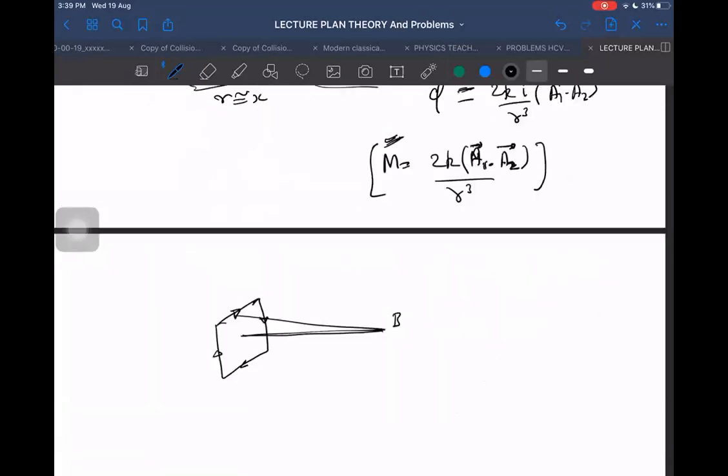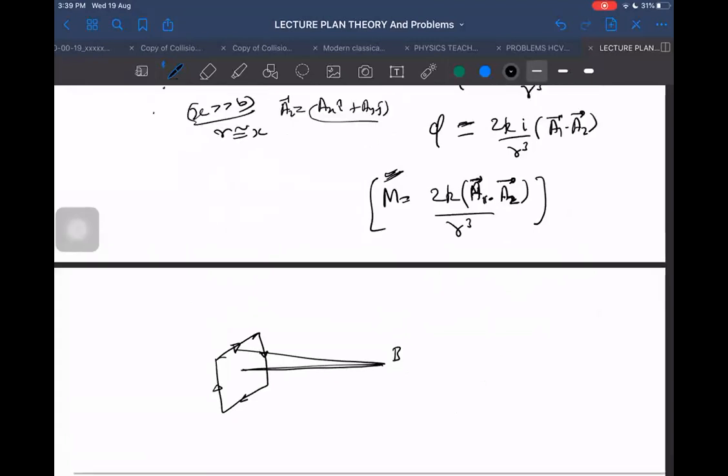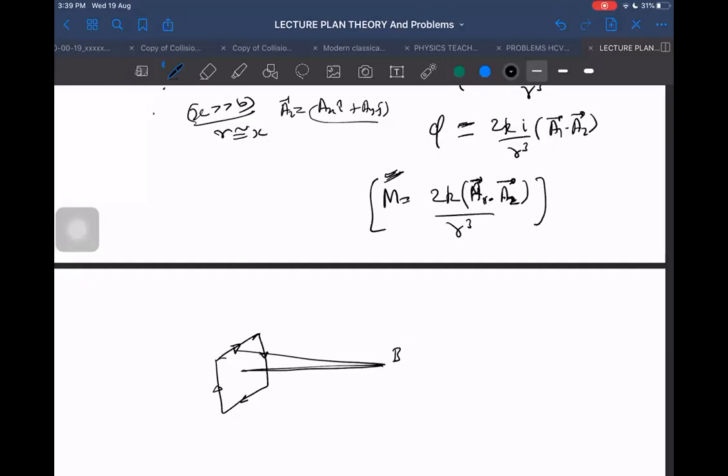If you are able to determine that, again you go by the same method and you will still get some formula, which will be in the form of A1 dot A2. But this time, it will not be just 2k by r cube outside. It will be some other factor. Those who are interested can determine what that factor will be. I think I determined the formula when I was determining the formula for magnetic field, due to a square frame also at a distance x somewhere. Right? So use that formula once.